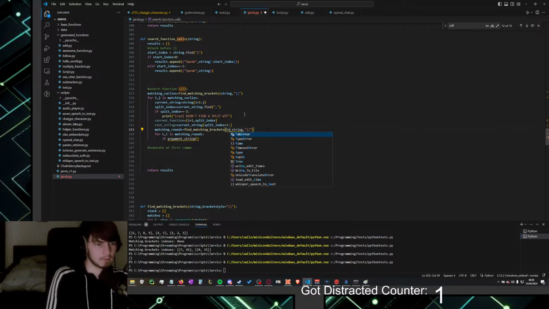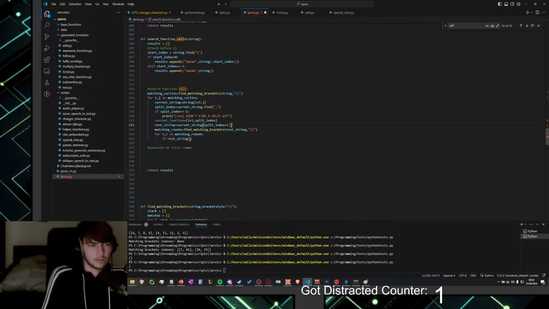I could have done it quicker, but I didn't. So if rest string up until k equals int, that is excluding k, then do things.